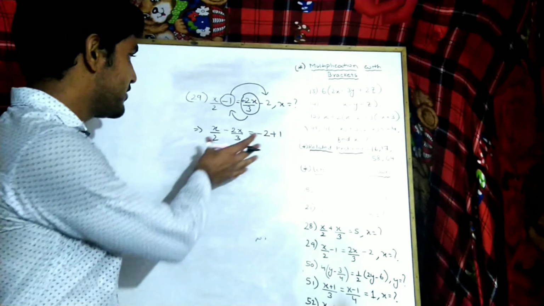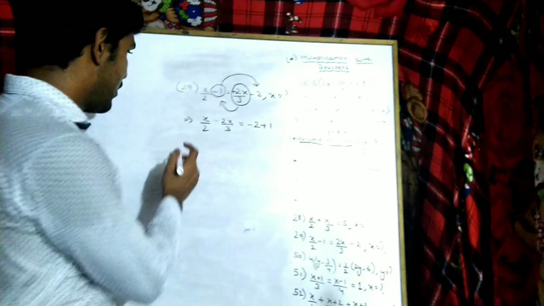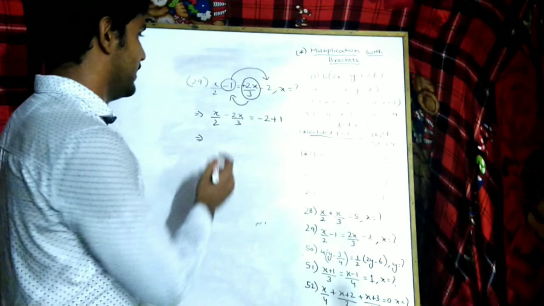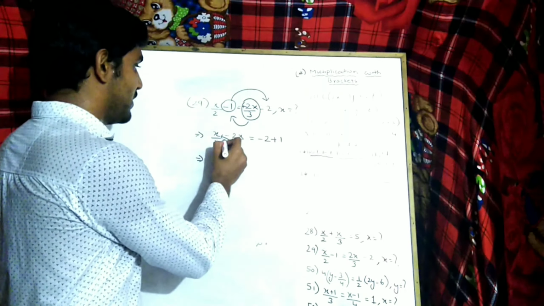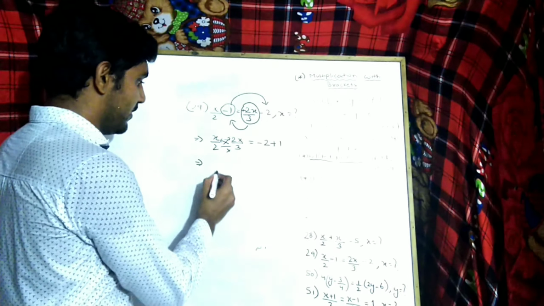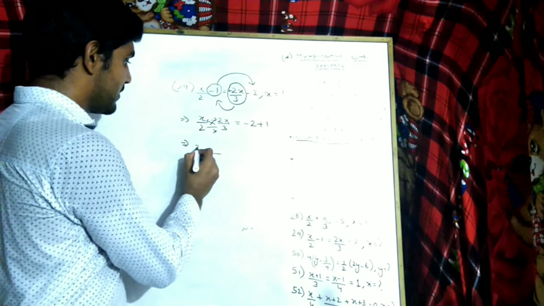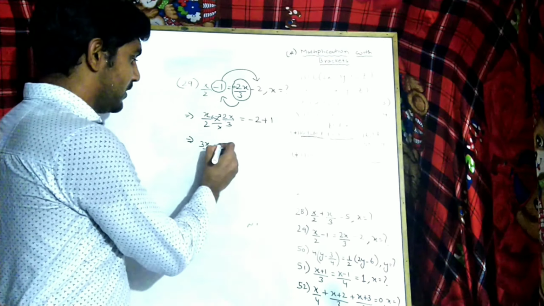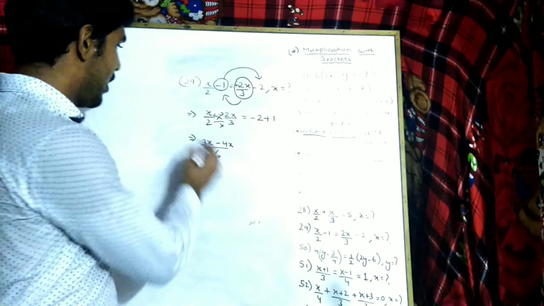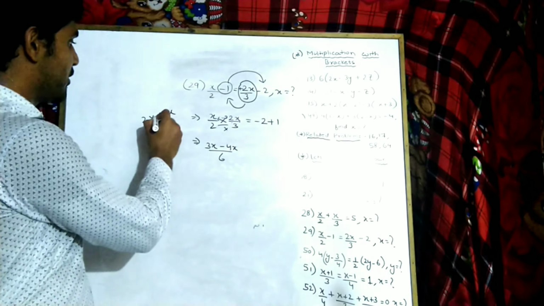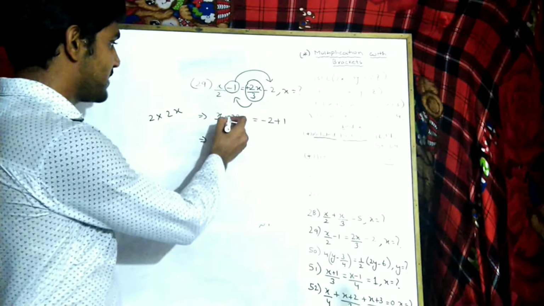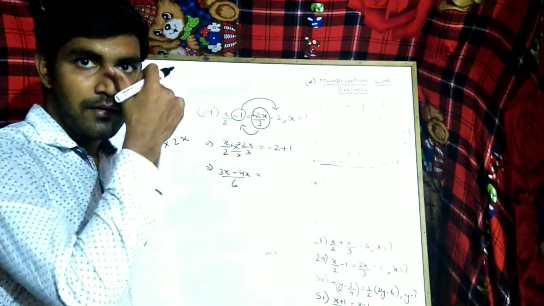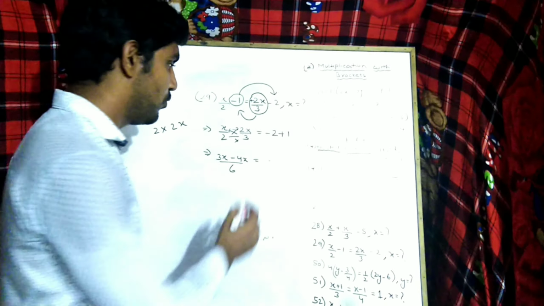I hope you understood this. Now I will go to the same method. Before, we learned how to take the LCM, so I will go directly. I am multiplying this and just cross multiplying. So 2 into 3, 6. So 3 into x, it comes 3x. Minus 2 into 2x, that is 4x. Minus sign is there. Is equal to minus 2 plus 1, so 2 minus 1, 1.